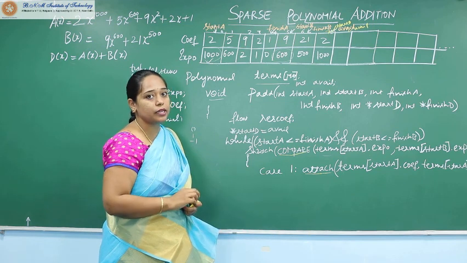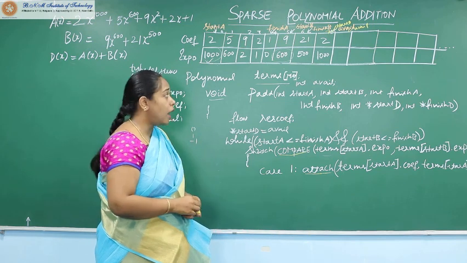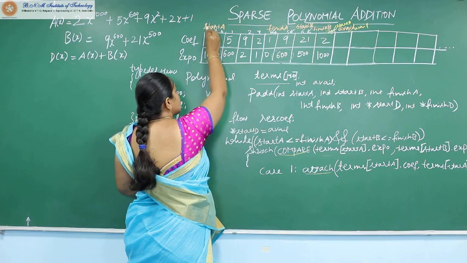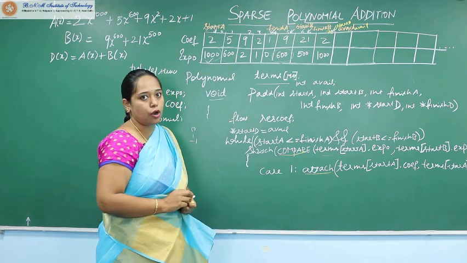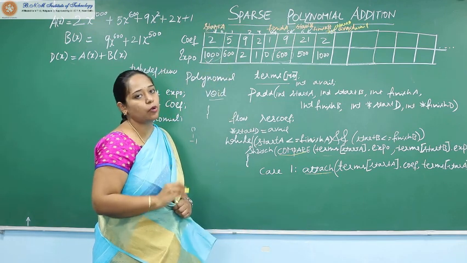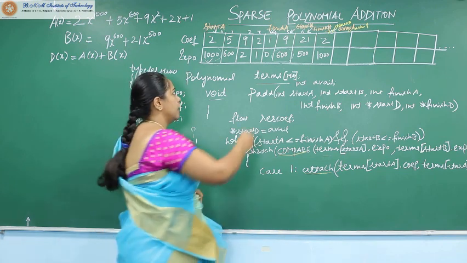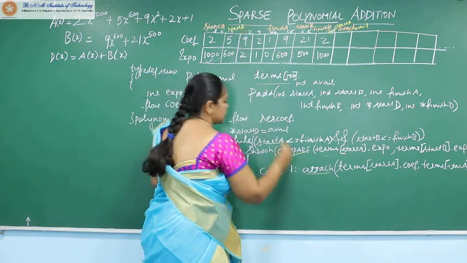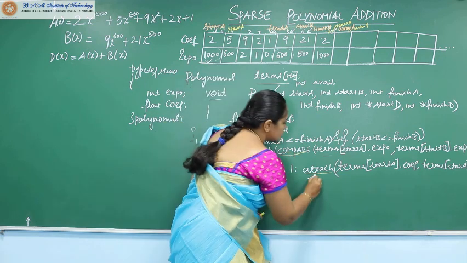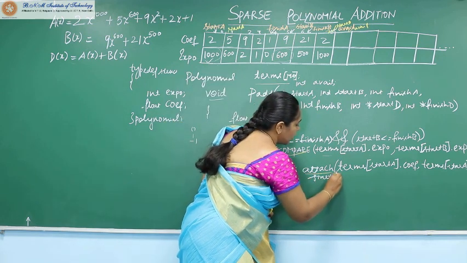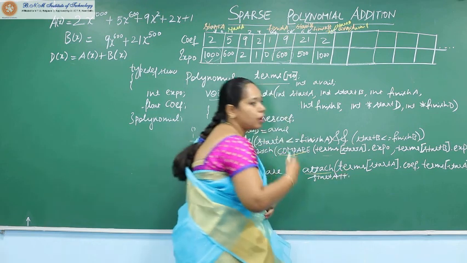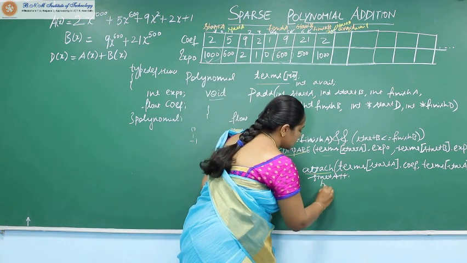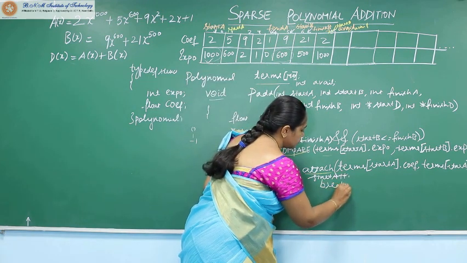When we are done with that particular term, we have to go ahead. How do I go ahead? Start A was the index which told me the position of the current term in polynomial A. I'll say start A plus plus. So that's what I'll write here. The value of start A was initially 0. Now it's going to be 1. That's it. Now give a break condition.